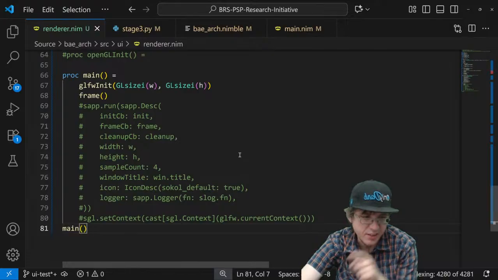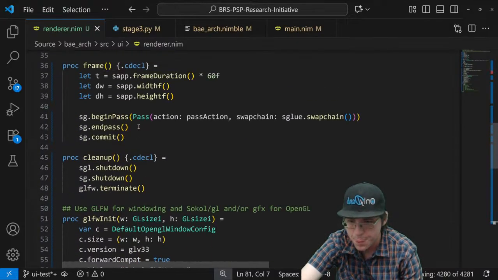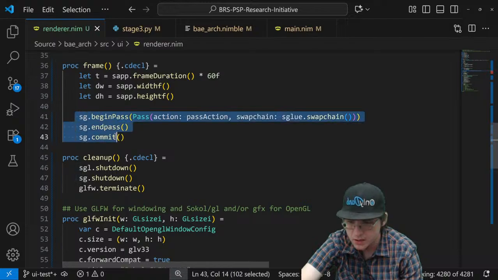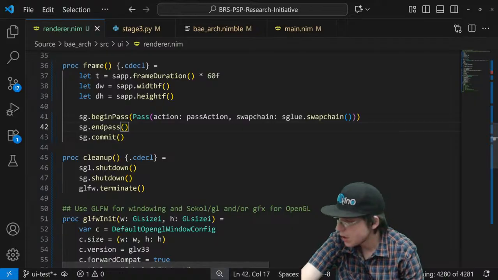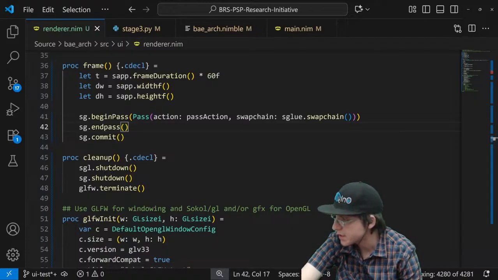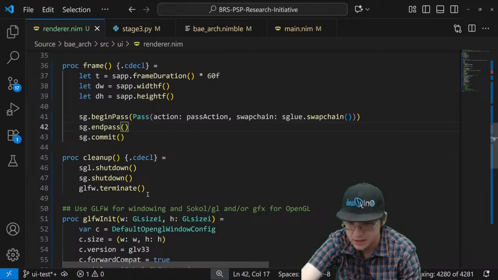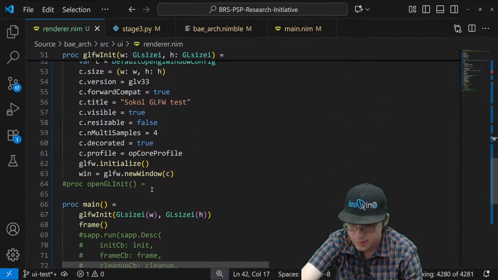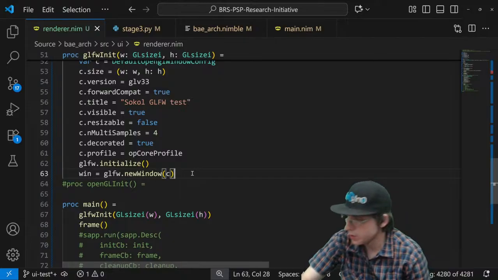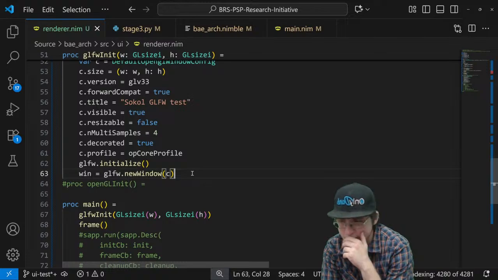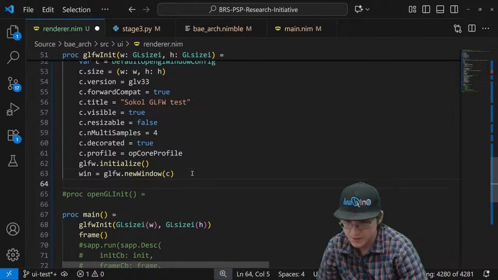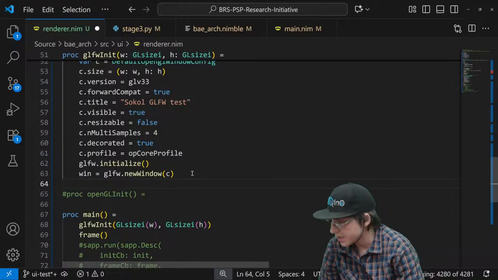Oh, hold on. I know what's going on. I don't need to load you right now, do I? Hold on. Let me check the example real fast. GLFW swap interval. I need to add that. Oh, and there's a callback. I can do a key callback on here. I don't have it set up yet, but that's something I need to add.